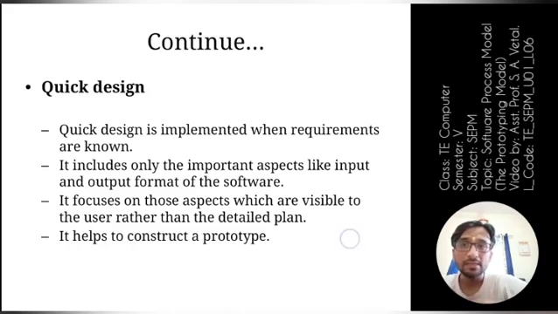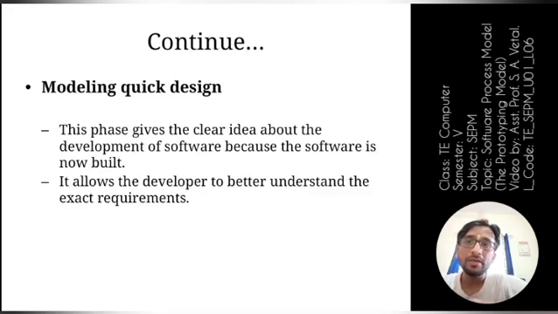Then in the next phase, we are going to model the quick design. The quick design we have, now we are going to model in this third phase, that is modeling quick design. This phase gives a clear idea about the development of software because the design has now been built.